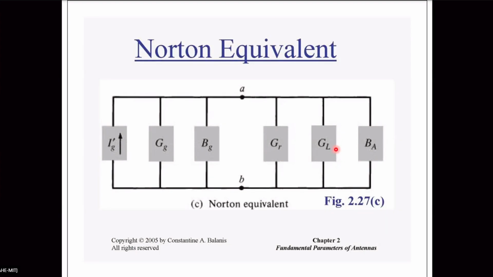So Norton's equivalent. Instead of representing by voltage, if you represent by current, you get the Norton equivalent. Up to you if you want to use this, it's okay. If you don't, it's a simple representation. IG dash represents the short circuit current, and these susceptance and admittance, conductance, susceptance, Norton equivalent. They are all parallel. We don't have to bother about this. It's not required for us. It is another way of representing. IG dash is the short circuit current.